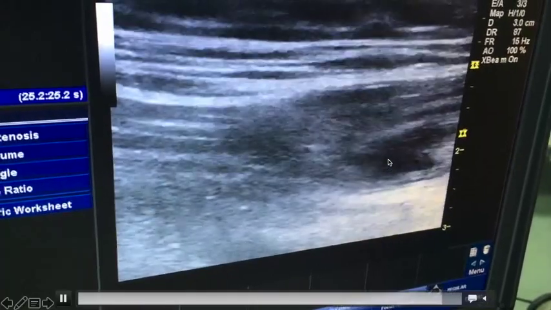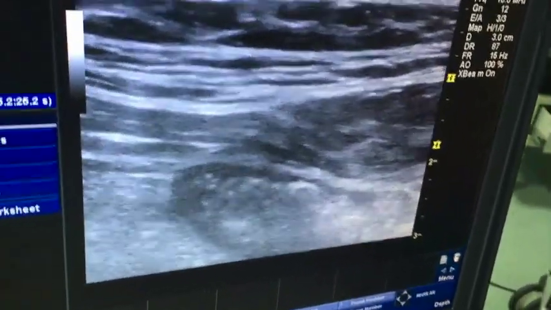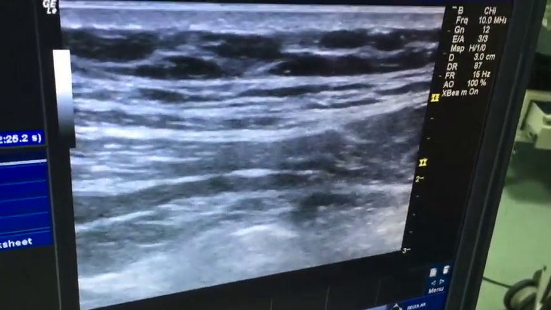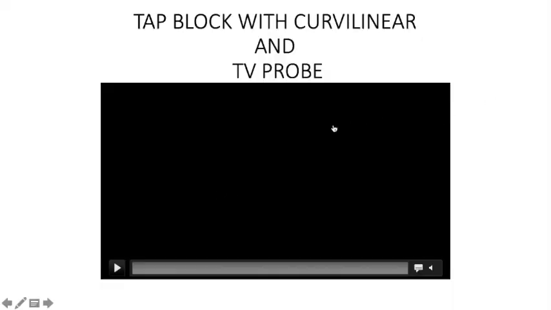This is a bit older video. I will try to prepare a better video next time. So this is supposed to be a TAP block. This is a TAP block with curvilinear and